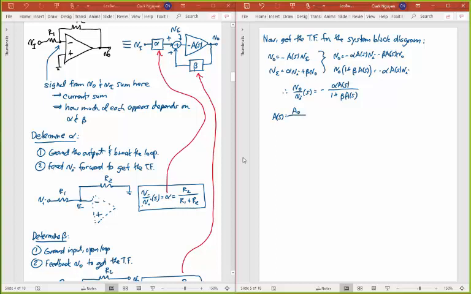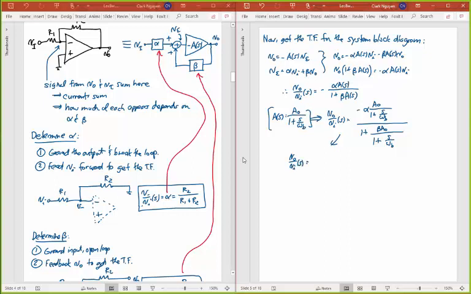That's A0, its DC gain, divided by 1 plus S over omega B, which is its frequency shaping term. And so if I go ahead and plug that in to the above, I end up with V out over VI as a function of S is equal to minus alpha times A0 over 1 plus S over omega B, divided by 1 plus beta times A0 over 1 plus S over omega B. And then finally, if I rearrange with some algebra, this will reduce to V0 over VI as